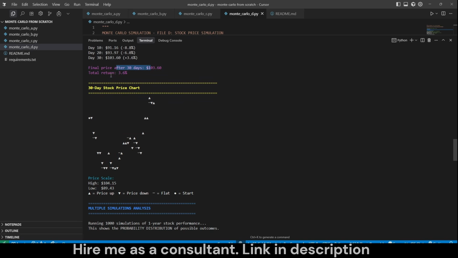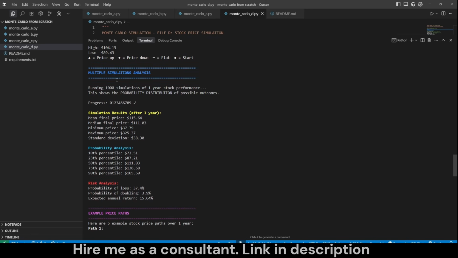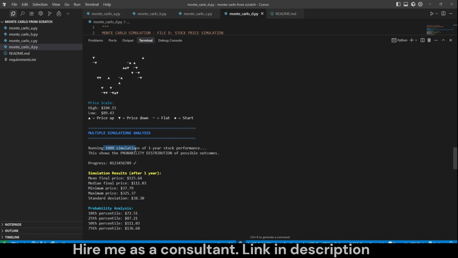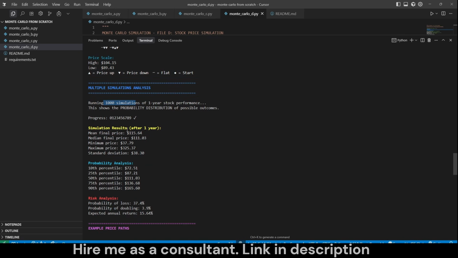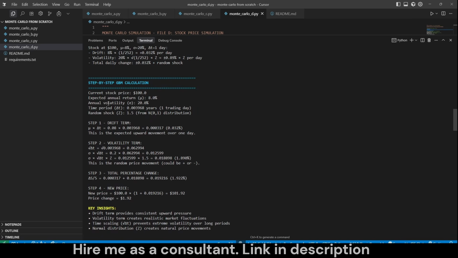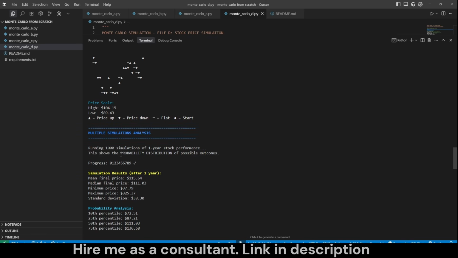All right. So here's for 30 days. This particular simulation provided 3.6% return. But better yet, with Monte Carlo simulation, we can run the same simulation for 30 days or for a whole year, like 1,000 times, and we can average the results. So this is what they're referring to if you hear it on the news or read it in an article. Because if you think your assumptions about a stock price are accurate, such as your expected return and volatility, then you almost simulate what would happen from today to a year from now if this were to happen like 1,000